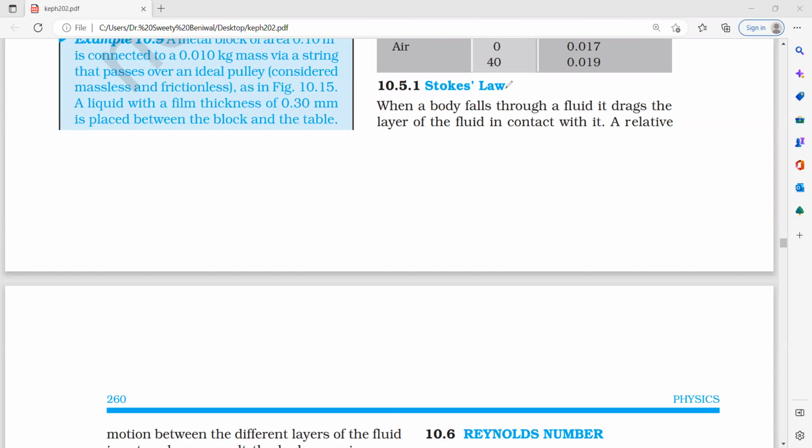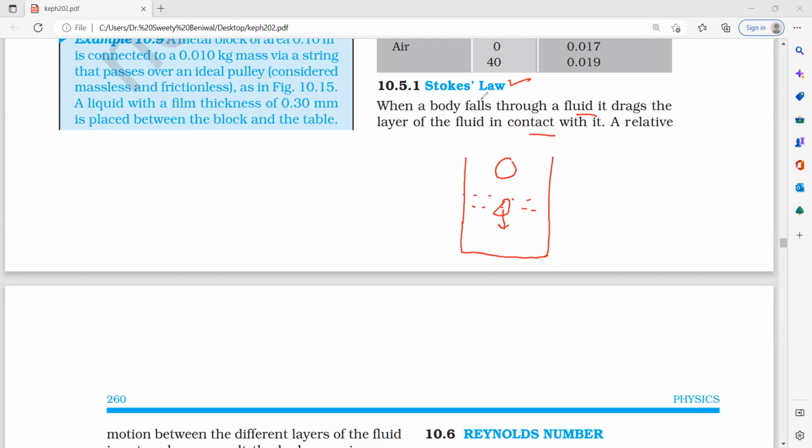The next topic is Stokes law. This is also an important law. When a body falls through a fluid, it drags the layers of the fluid in contact with it. Like if you drop a spherical marble in water, you can see when it is going downward,